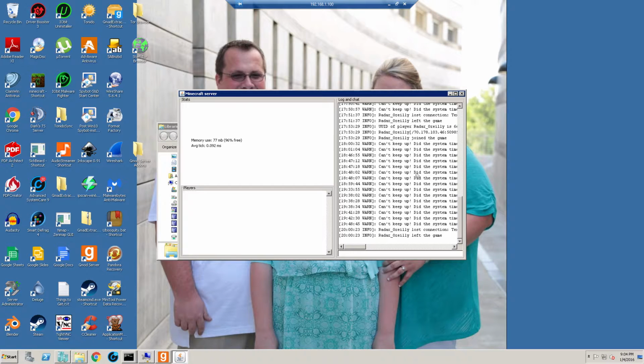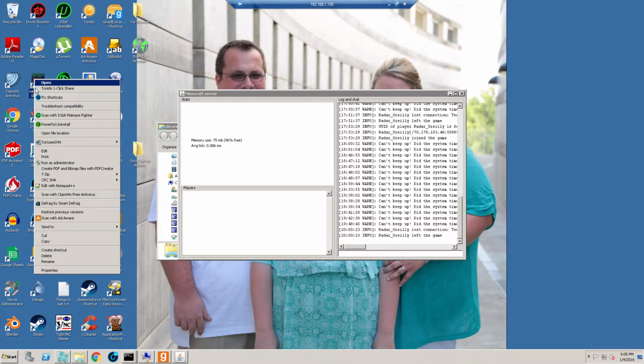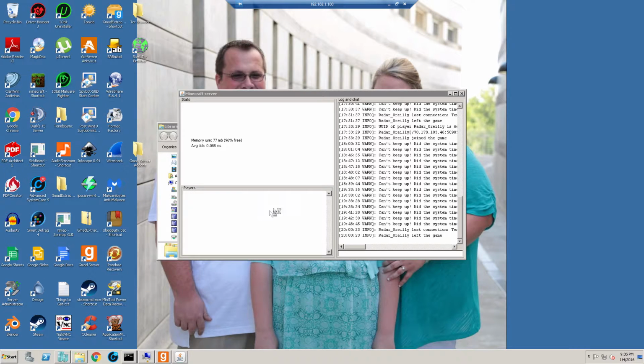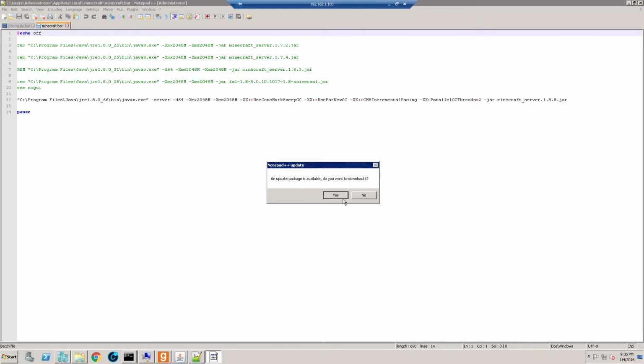You can ignore those. They're really no big thing. You'll see right here it says memory use 77 meg, 96% free. The reason it's like that is because of the fact that I have this thing set up to use 2 gig of RAM. The way I did that is I set up a batch file